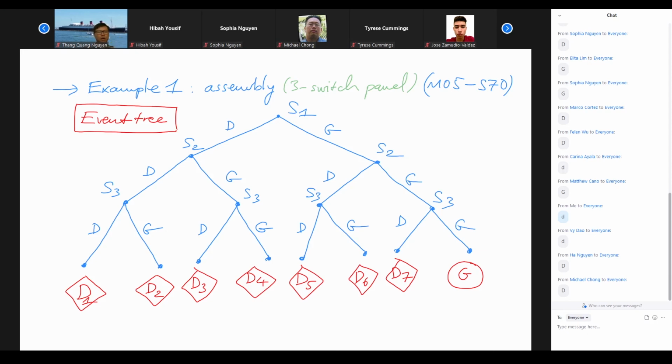Some branches are small, some branches are big. We have to account for that relative importance of the branches. So if you look at the question one more time, you're going to see some numbers, some more information that they give. The first step makes defects in 2% of the cases. The second step makes defects in 5% of the cases, and the third makes defects in 3% of the cases, right? So with that, now we can determine the size of the